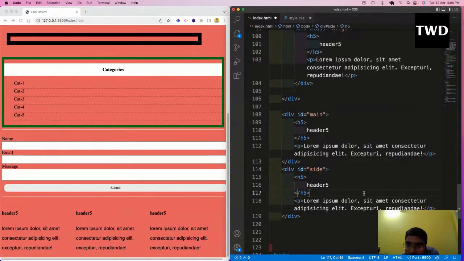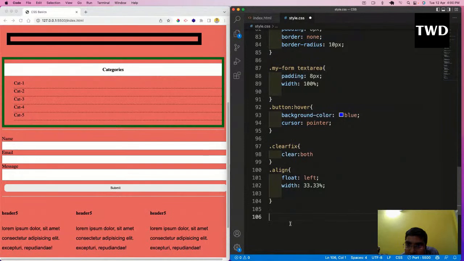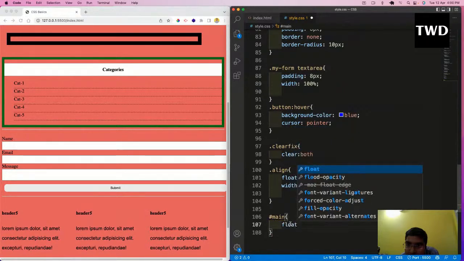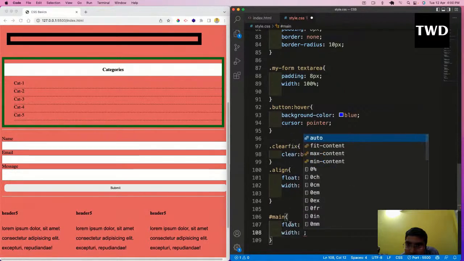So let's save it, and as we have added id here, we will be using id with hash main, float left, width 70%,